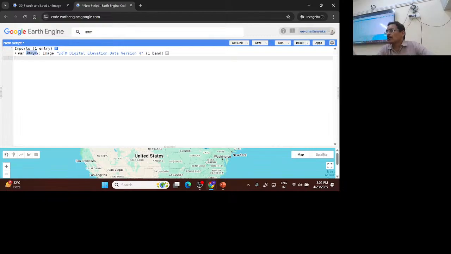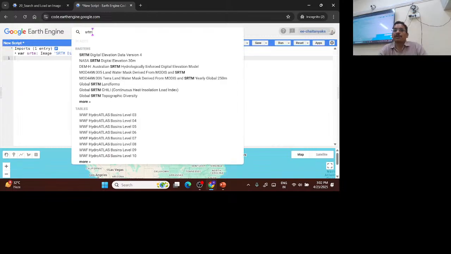By default, its name is image. If it is an image collection, its name will be image collection. Otherwise, feature or feature collection. You have to change this variable name. Variable name is SRTM, which is an image. Okay. If you directly import it, if you don't want to import it also, then also you can, what you